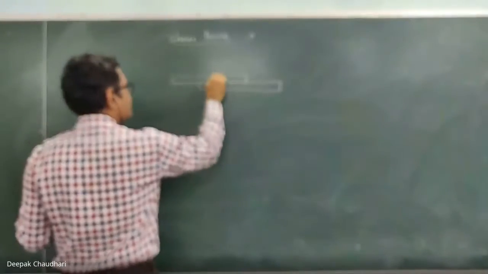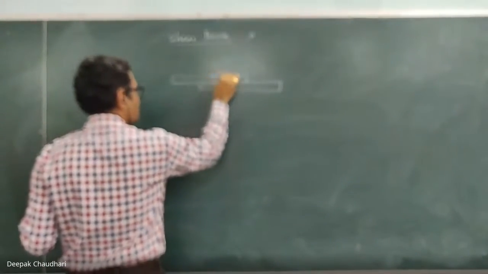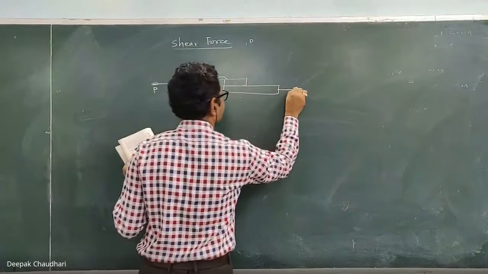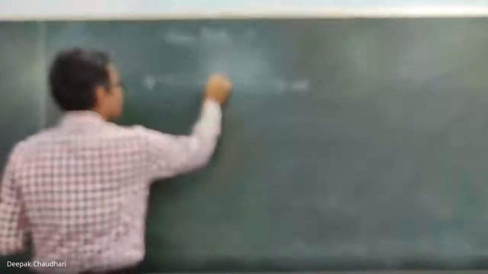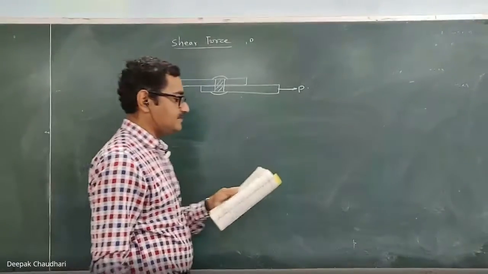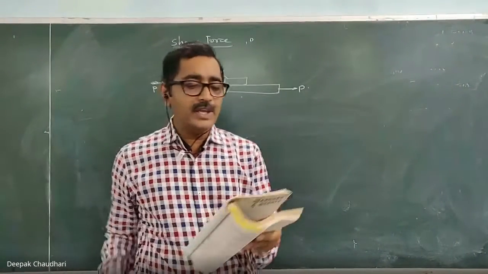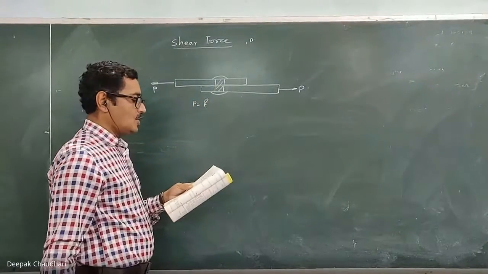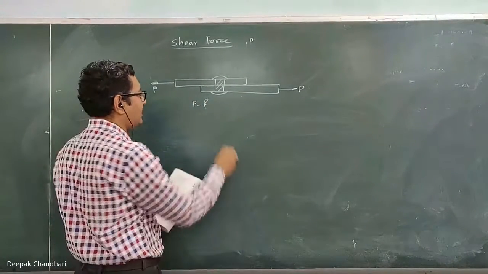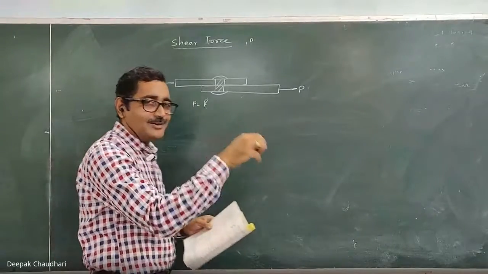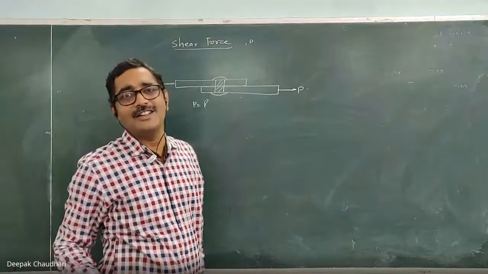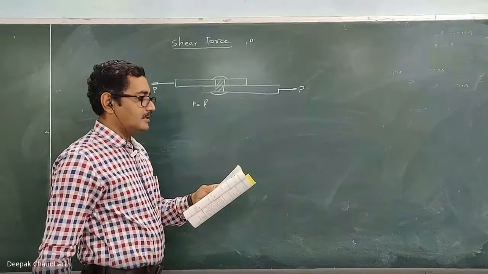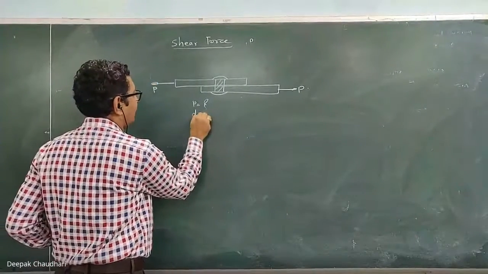These are the two metal sheets and one rivet. Let's consider the same question. And force P is applied here. This is the rivet which joins these plates. It is given that find the force P. You have to find out the force P which would shear the rivet of 16 millimeter diameter. You have to find out the force P required to shear the rivet. Okay. Diameter of the rivet is 16 millimeter.